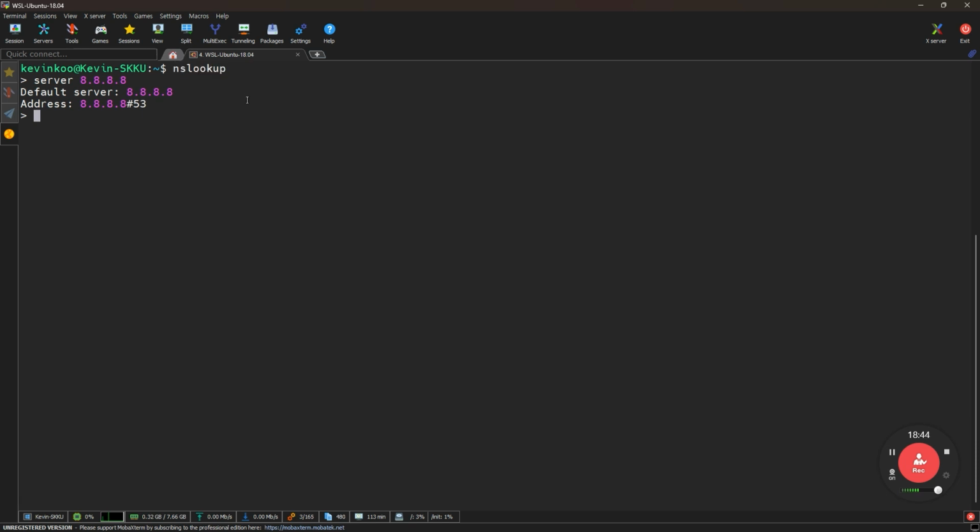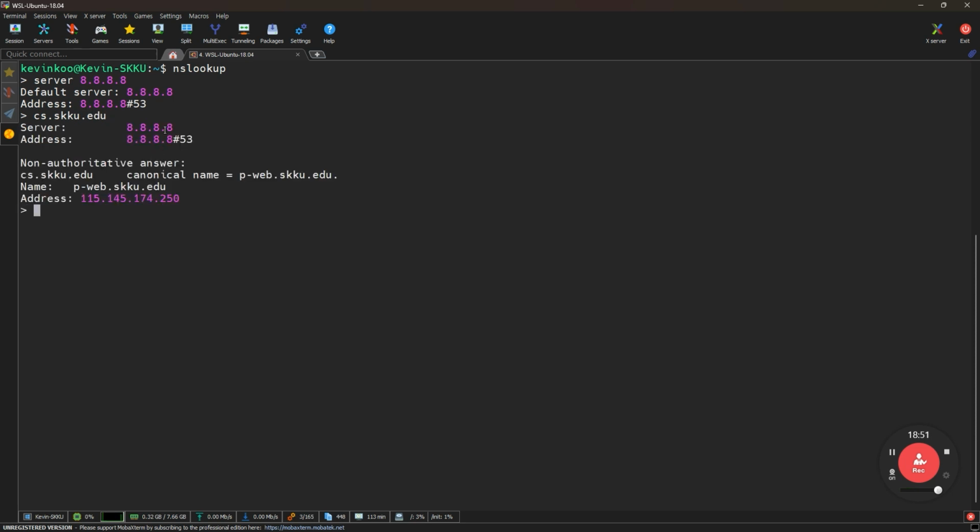So suppose we look up cs.skku.edu, then this 8.8.8.8 lookup server, the recursive server, responds with the non-authoritative answer: cs.skku.edu.